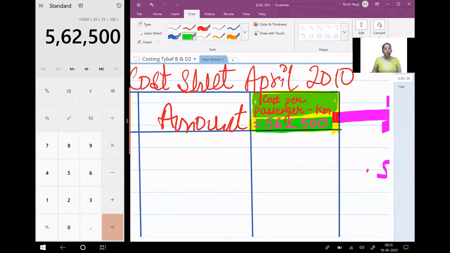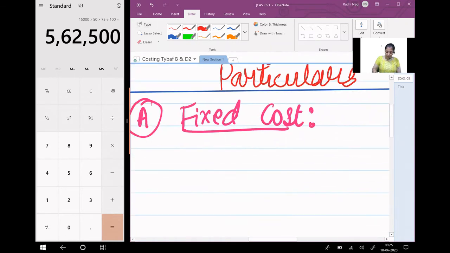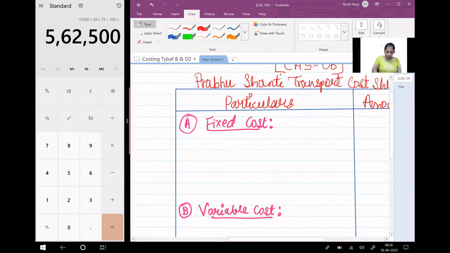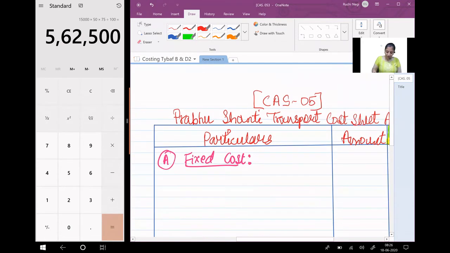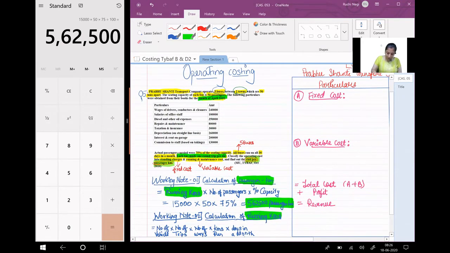What is the first thing you're going to do in the question? You have to first check whether it is a simple cost unit or a composite cost unit sum. Write the formula. See what information is there as per the formula. Substitute it in the formula. Calculate the answer. Write it in the third column, whatever it is, whether it is running kilometers or passenger kilometers. Now come to the calculation of total cost, and it is fixed and variable. So now let us see in the question what is fixed and what is variable.